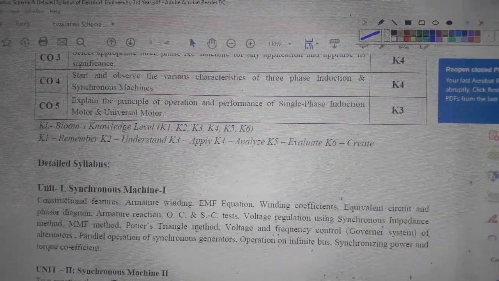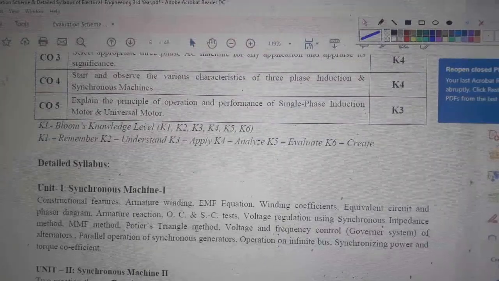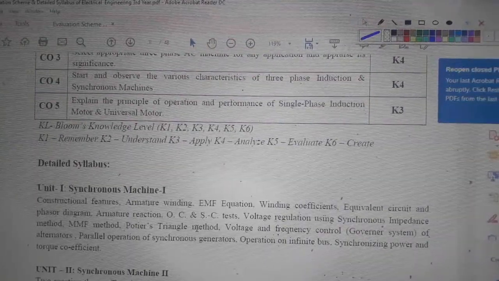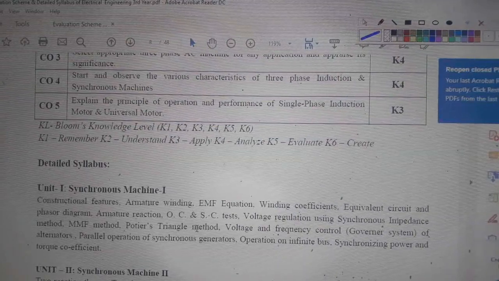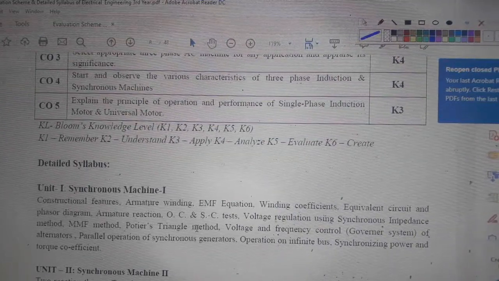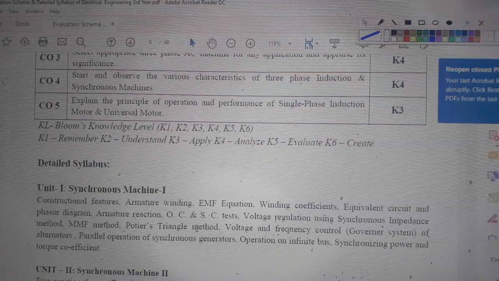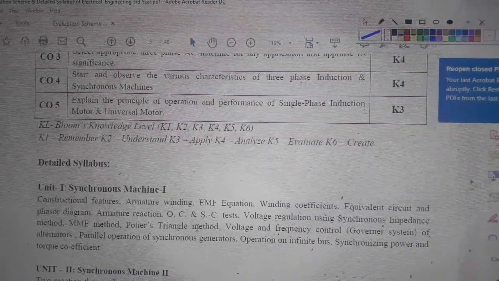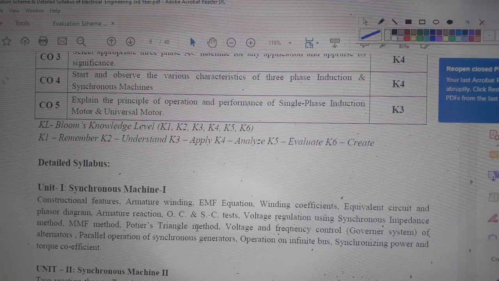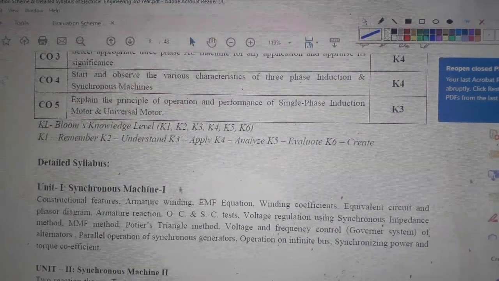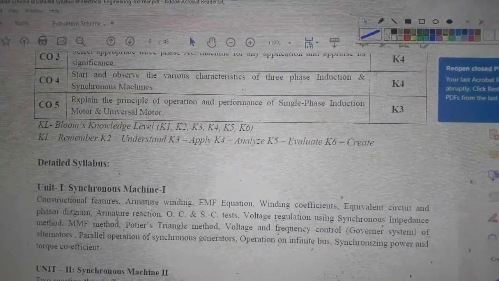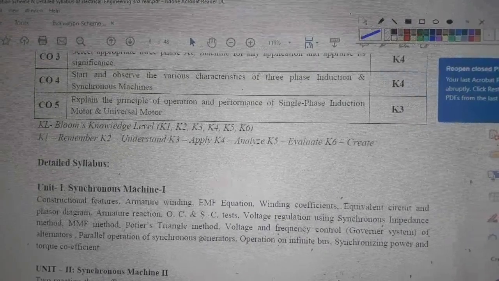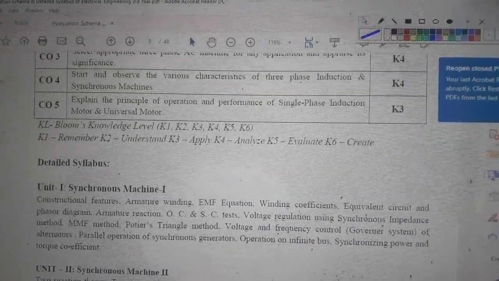In the construction of synchronous machines, there are two types. First is the cylindrical synchronous machine. Second is the salient type synchronous machine. Both machines are used as a generator and as a motor. In synchronous machine 1, we have to study construction features, armature winding, EMF equation, winding coefficient, equivalent circuit